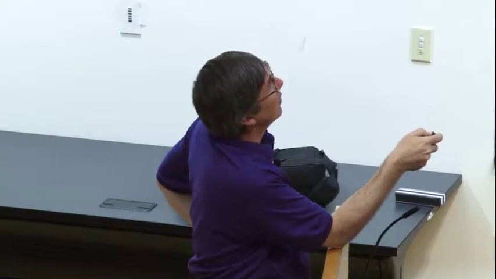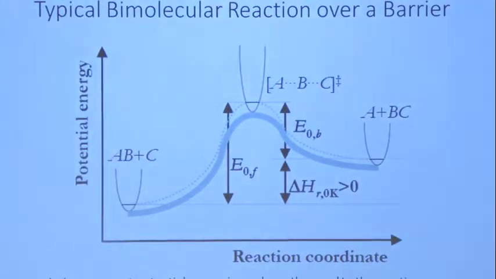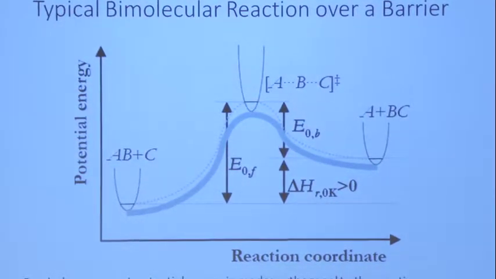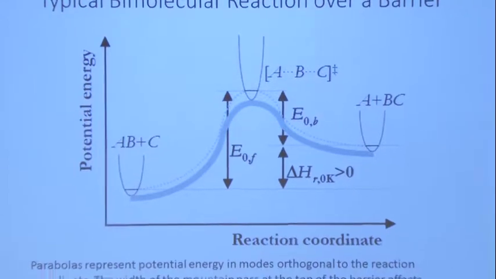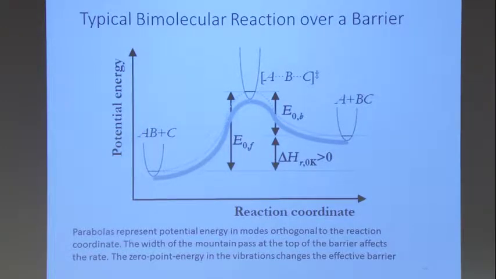And then we can do the same kind of difference between the reactants and the transition state. The transition state will also have zero-point energy in the modes orthogonal to the reaction. So in addition to the certain bond that's breaking and making, you have a lot of other vibrations in the molecule. They are basically the same as they are in a stable molecule. They still have zero-point energy, just like before. And these zero-point energy values are usually similar to each other, but not the same. They might differ by a couple kcals per mole, typically.